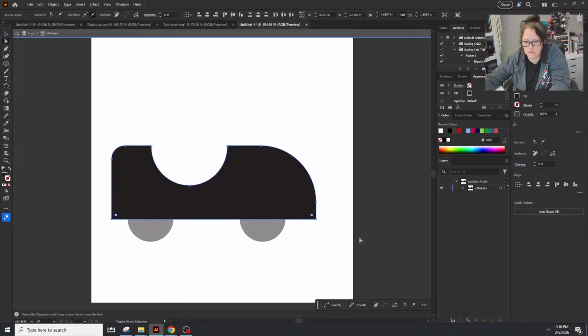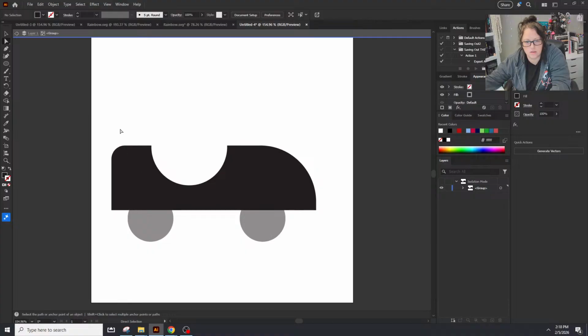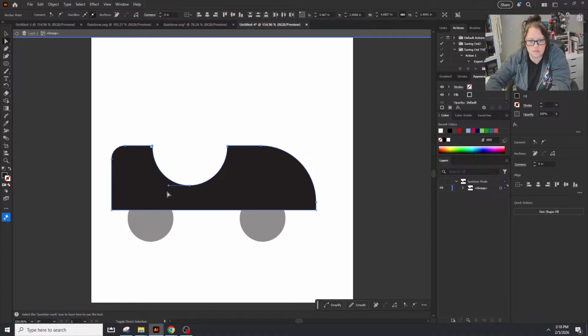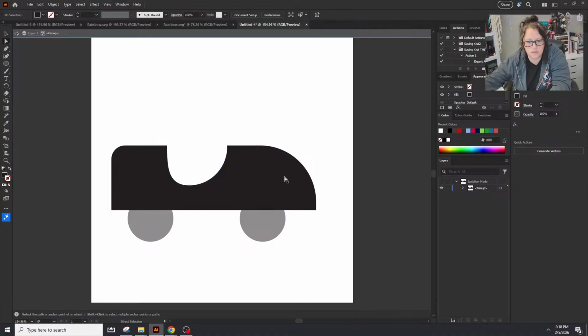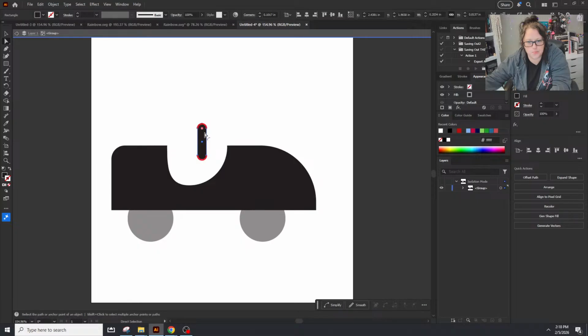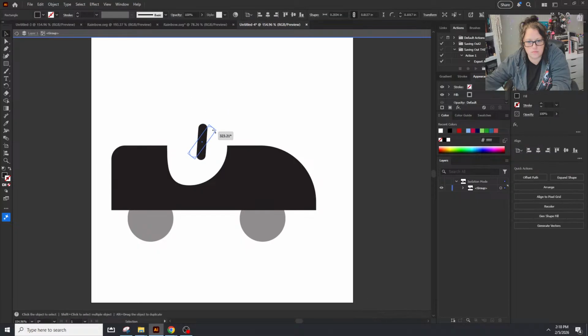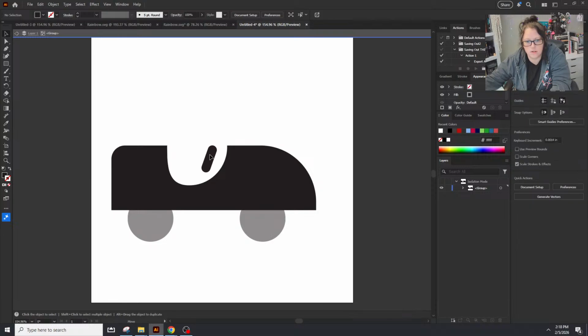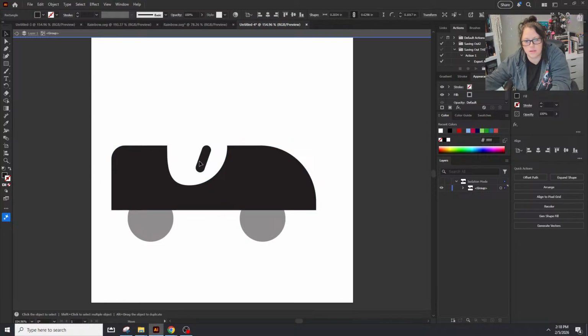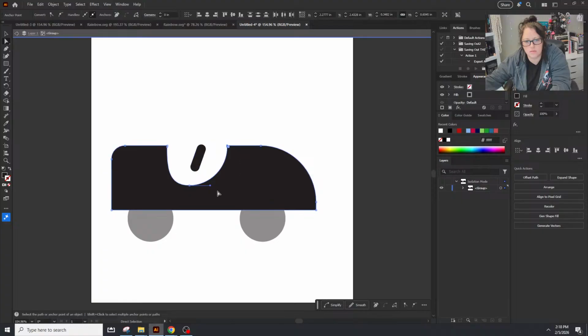I think this needs to come up some. This actually more like this. And a little steering wheel. This seems like a lot of space though. So maybe